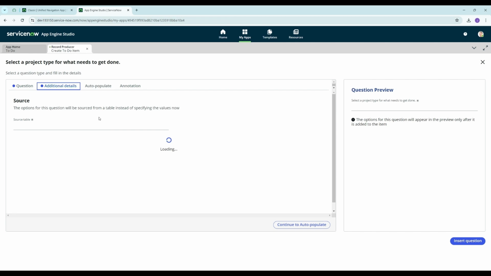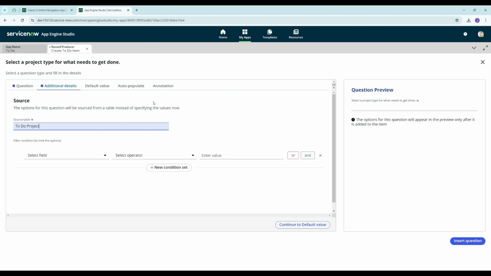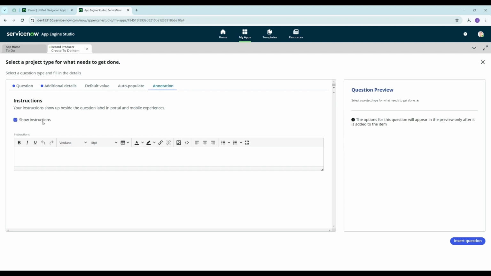Next, in additional details, I'm going to select the source table to get the type of project. The source table would be to-do project. Next, I am selecting the annotation tab to provide a description and I am selecting show instructions. And in the description, I am going to give: select project for what needs to get done. The choices are